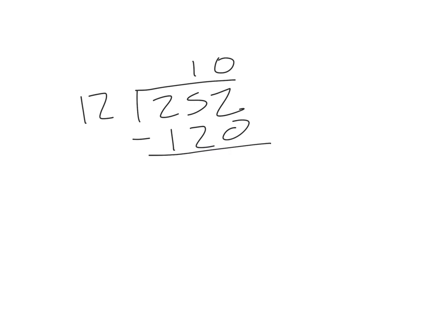So 2 minus 0 is 2, 5 minus 2 is 3, and 2 minus 1 is 1. I'm left with 132. And I'm going to multiply 12 by 10 again, and that would be 120. I'm going to subtract, and that would give me a difference of